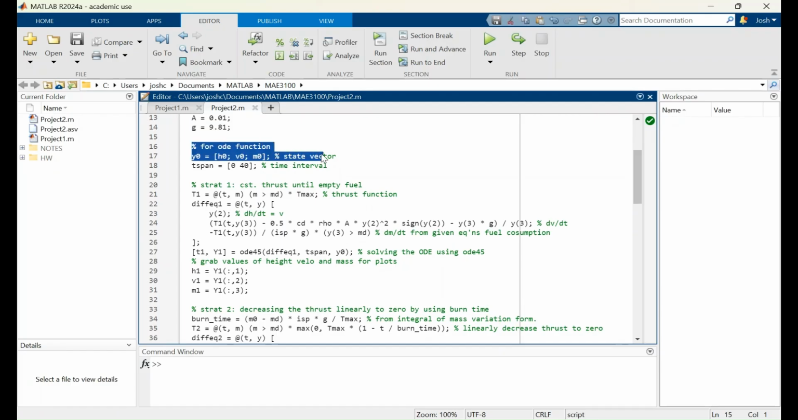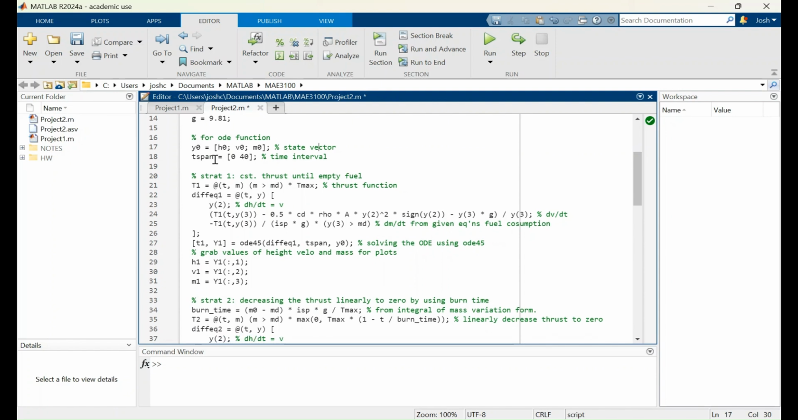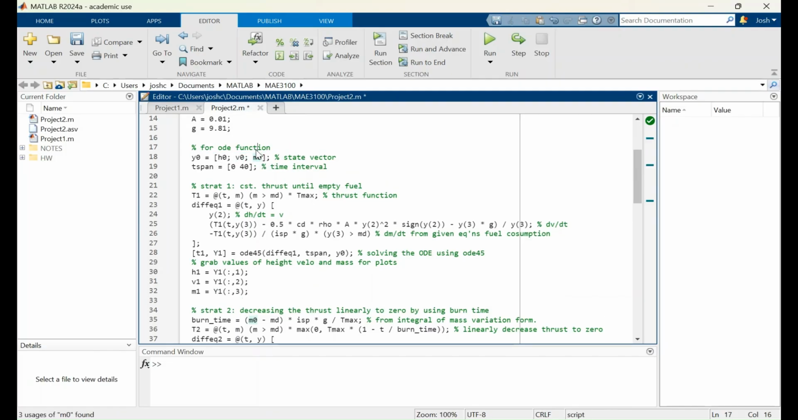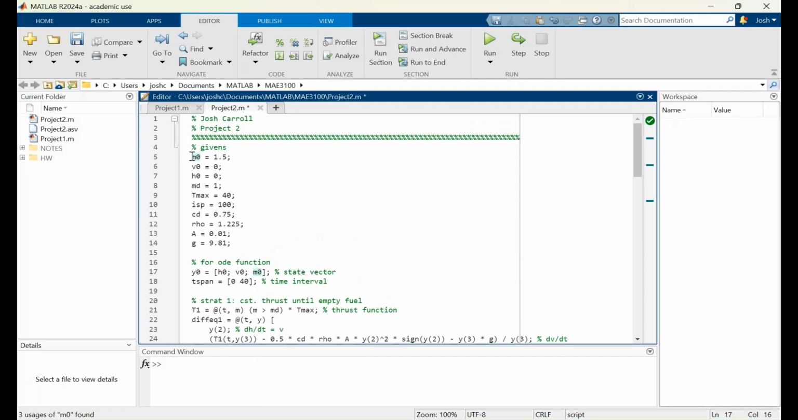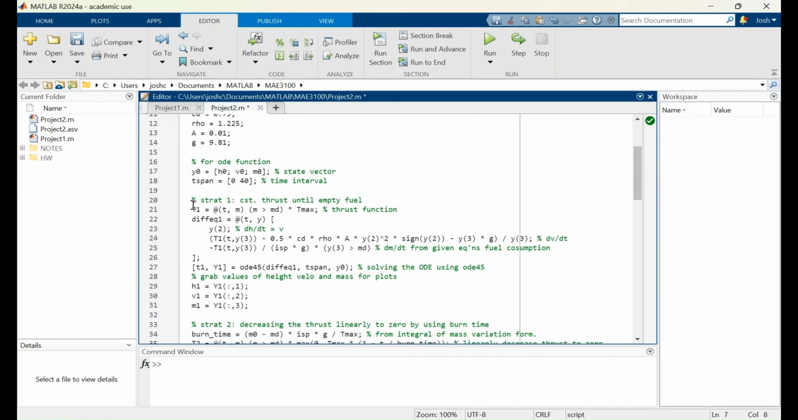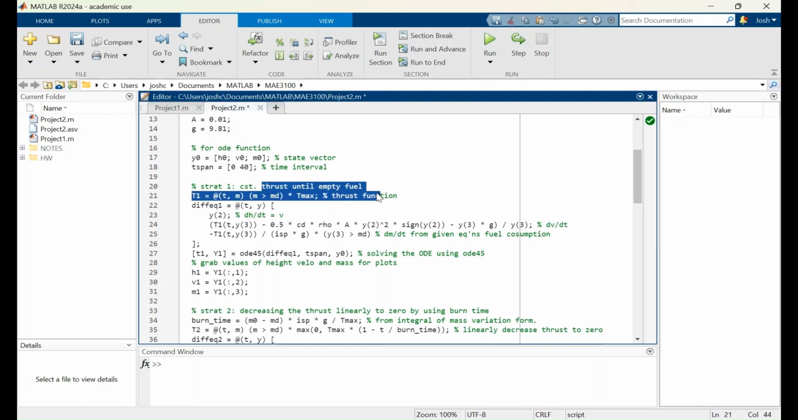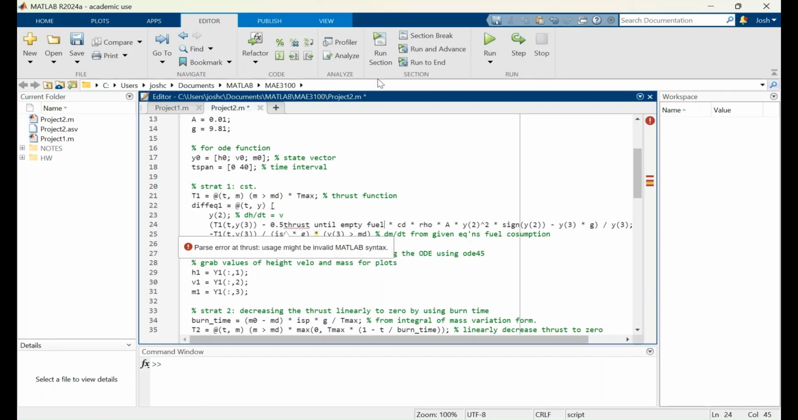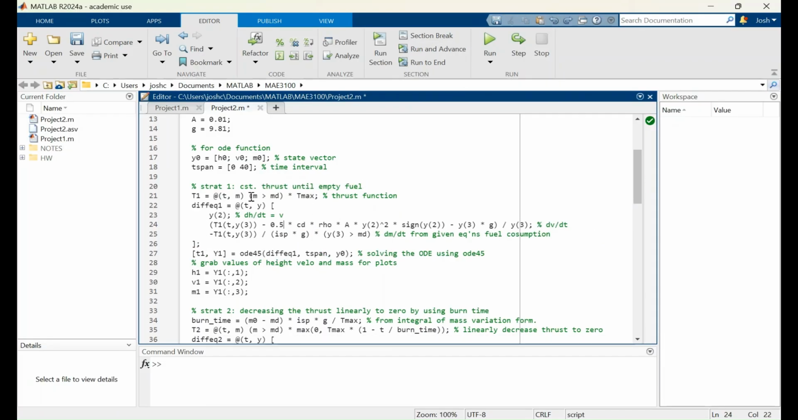Moving on, this is for our ODE functions, because we're doing two different ones, as there are two different strategies. Our initial state vector is just going to use our initial height, velocity, and mass that we were given in here. Our first strategy is to have thrust until we empty out all of our fuel, which would be most optimal because